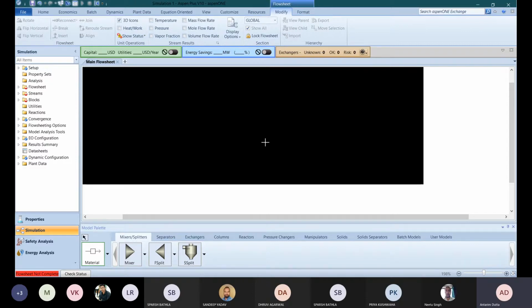And for the output stream, I will do the same thing. I will click on this and stretch it accordingly, and I will get my desired output stream. And don't forget to click on Cancel Insert Mode, or you can just press the right click button so that your cursor will change.